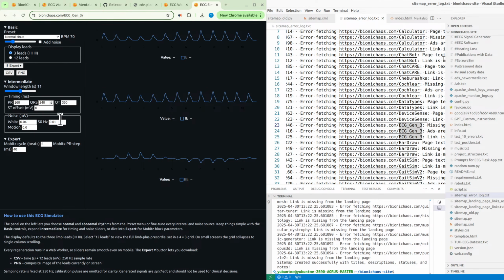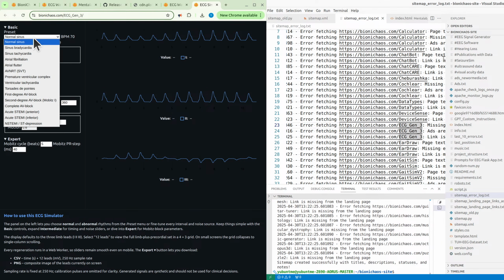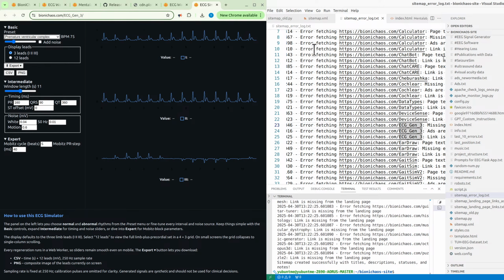It seemed to work. Obviously needs more testing. The waveforms could be made larger.